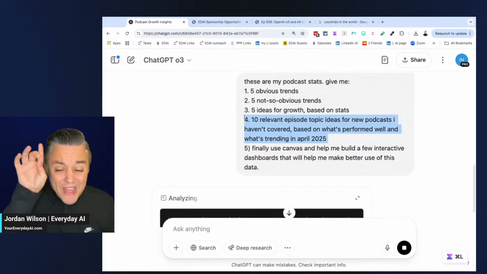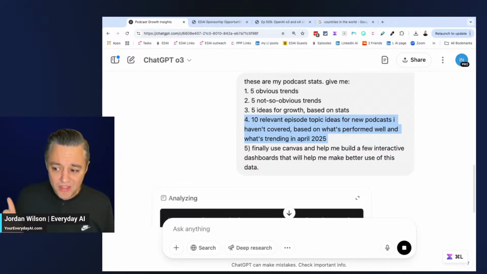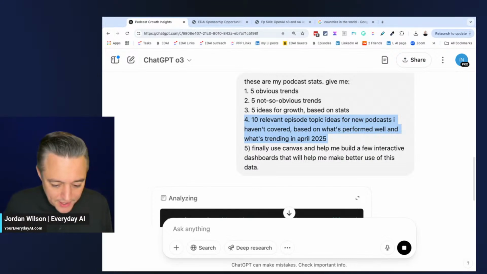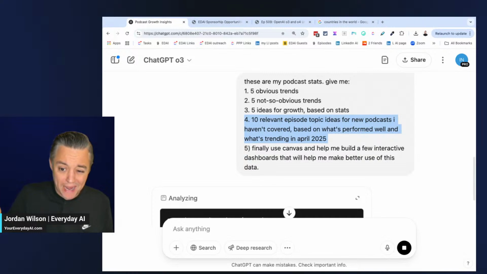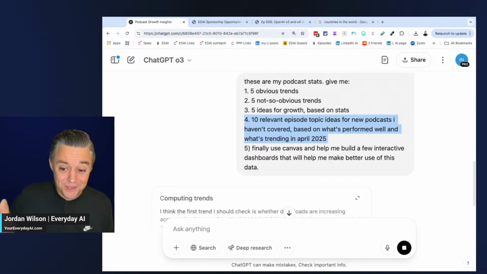Y'all, let me just call out that one thing right there. People are always like, oh, Jordan, how big's your team? I'm like, small, right? That's something that bigger podcasts that have budgets, those like The Verge, New York Times, they're maybe paying consultants like 6 figures to go do number 4. Right? Not every month, right? But they're probably paying consultants to go through, analyze all their data, find trends,